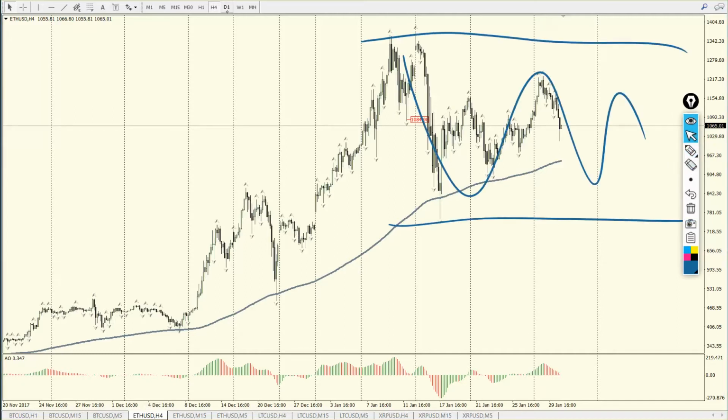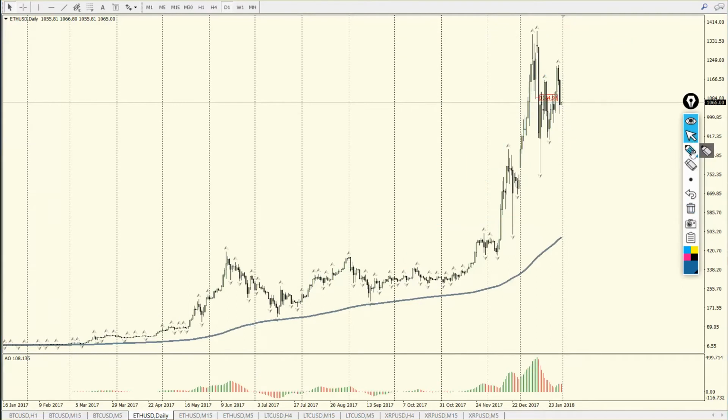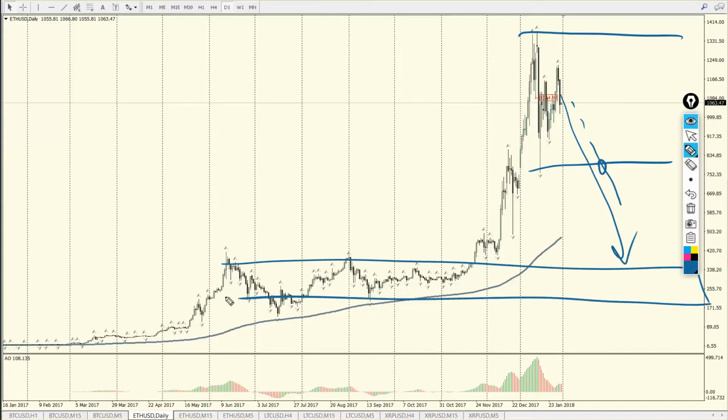I'll just go to an even higher time frame to show you. Here are those reference points for that flat phase. If we break through this reference point, we'll have an all-time FZR down and the trend down will start, and we will go to approximately $300 per Ethereum.